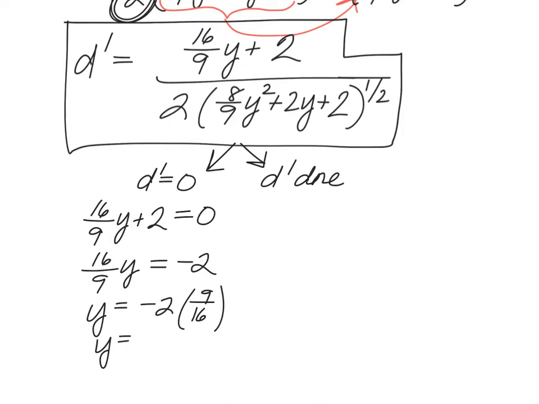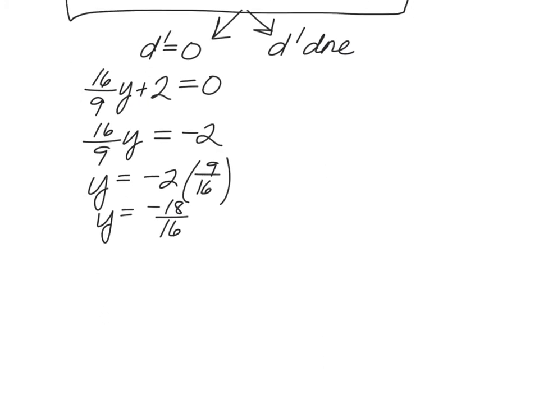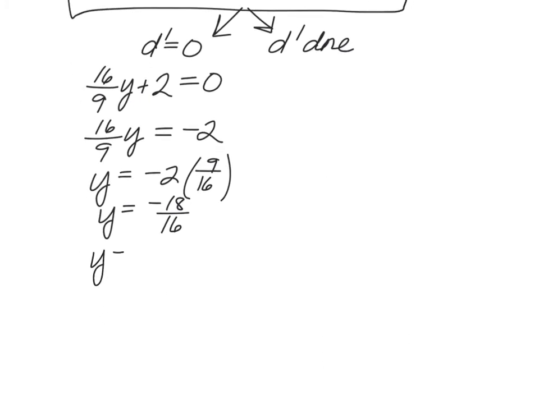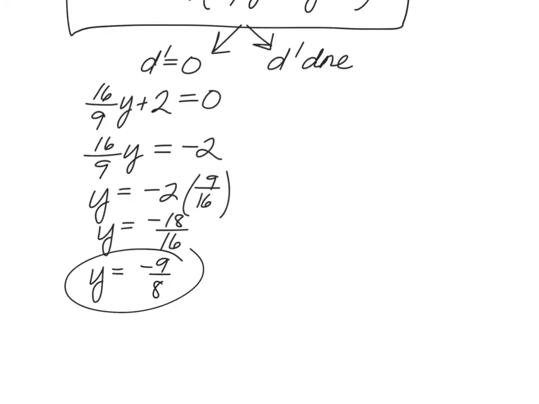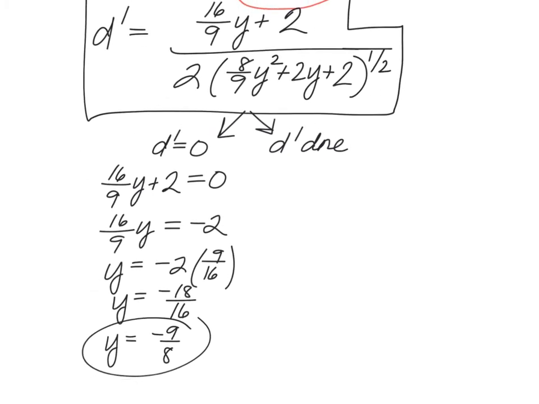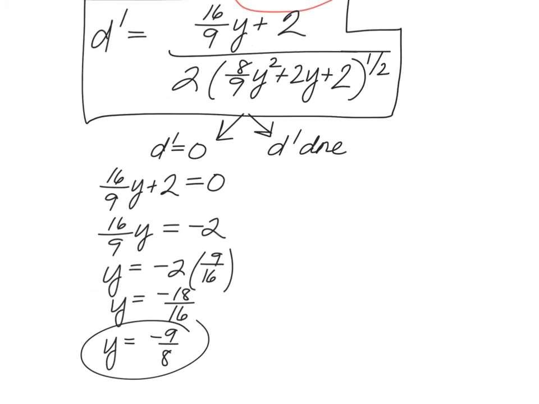So it looks like y is equal to negative 18/16, which we can simplify to be negative 9/8. Negative 9/8 looks to be a critical number. But then we also have to consider where the derivative may be undefined. And since this is a fraction, we realize that a fraction would be undefined if you have 0 in the denominator. And the only way for that to happen is if the 8/9 y squared plus 2y plus 2 were